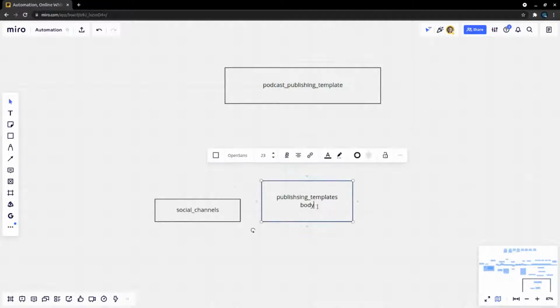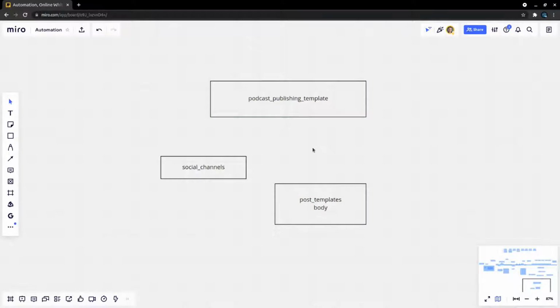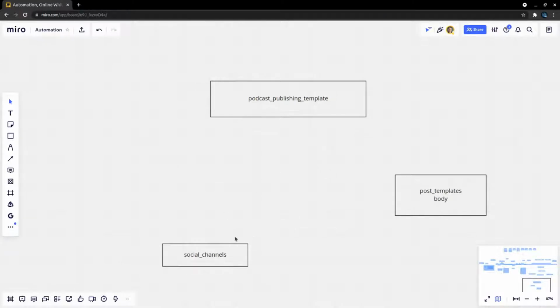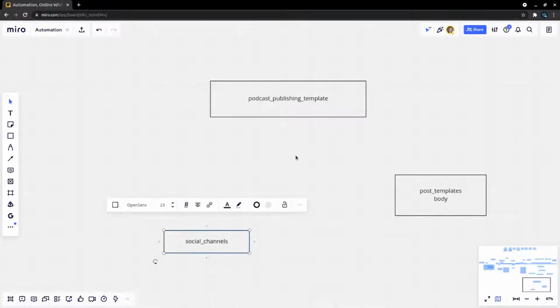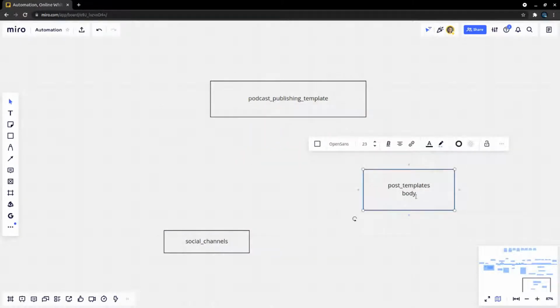But maybe instead of a publishing template, we could call this a post template, because otherwise it's going to clash with the title here. I want to be able to say when it's going to be released. Okay, hang on. This can also have an image as well, so image path.